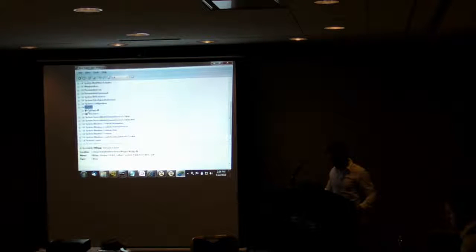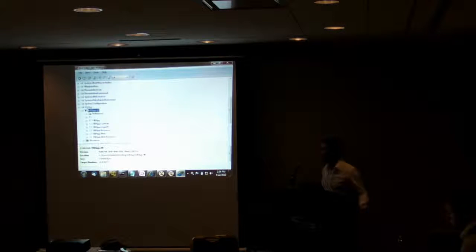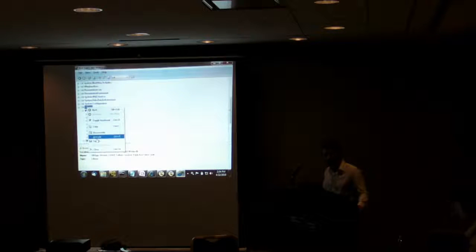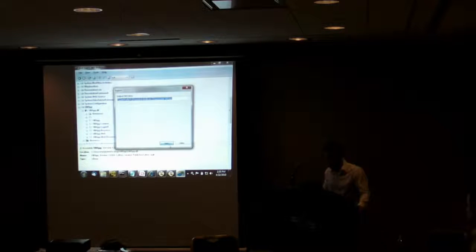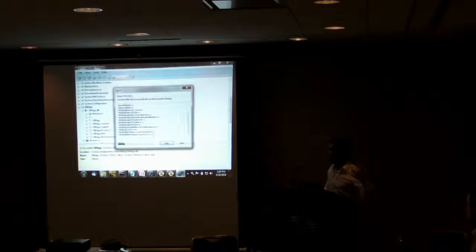So if we actually go through and we start browsing this, I'm personally not a big fan of browsing code in Reflector. It's not the easiest to use interface, and it's kind of hard to dig around in the code. So normally the first thing I do is I just highlight the entire DLL and I'll do an export. And that'll actually just disassemble the entire project to a folder